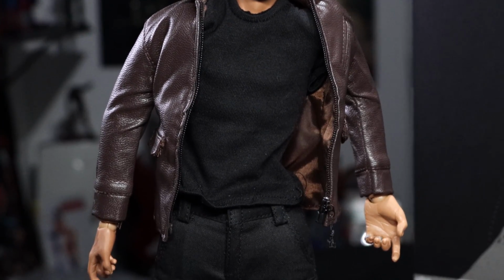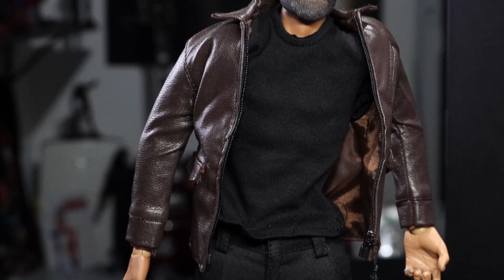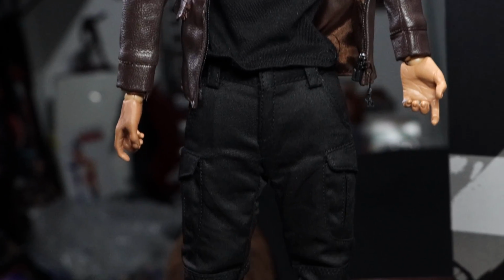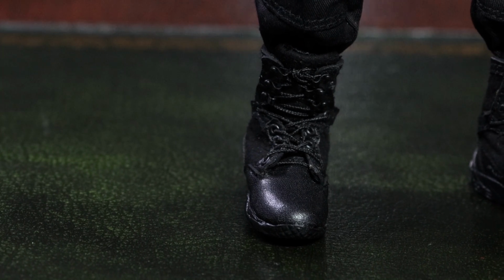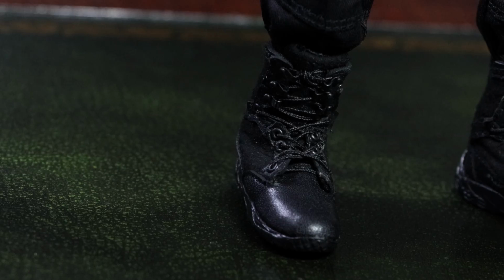I'm gonna wrap this up. I'm not gonna bother putting on all of his SWAT stuff. You know, maybe the jacket will come in handy for something. Maybe the guns will come in handy for something. The pants as well, you know. The boots, I don't know about them. They're a bit... it doesn't stand up very well in them. They're all a bit mushy. They are like a combination of material and some kind of